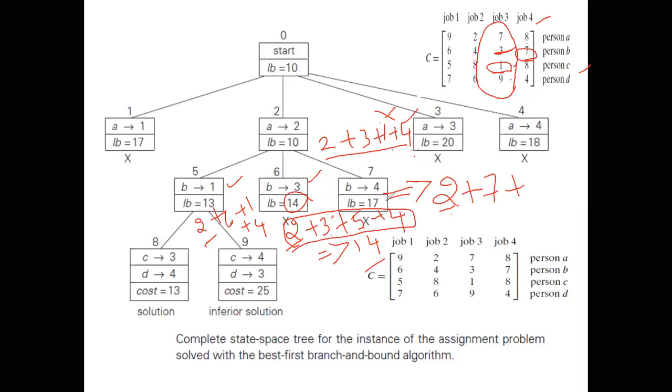So next go for the next one, that is the cost for assigning a job for person C. It is job 3, it is 1 only. So 1 plus, for this also it is 4. Can I write 4 now? No, because I have selected 7 for job 4 for person B. It is in the same column. So I should not select this 4.